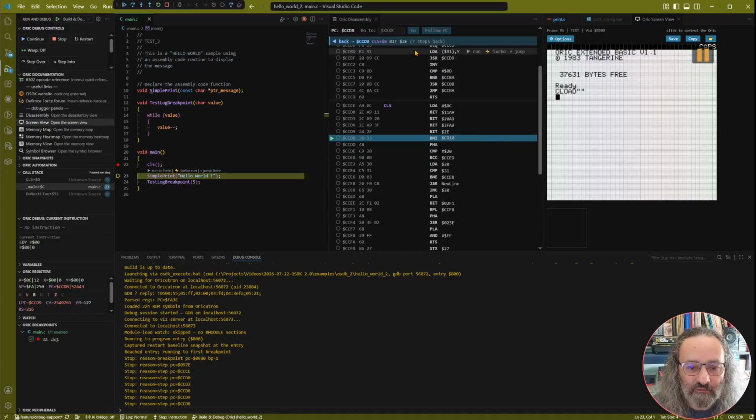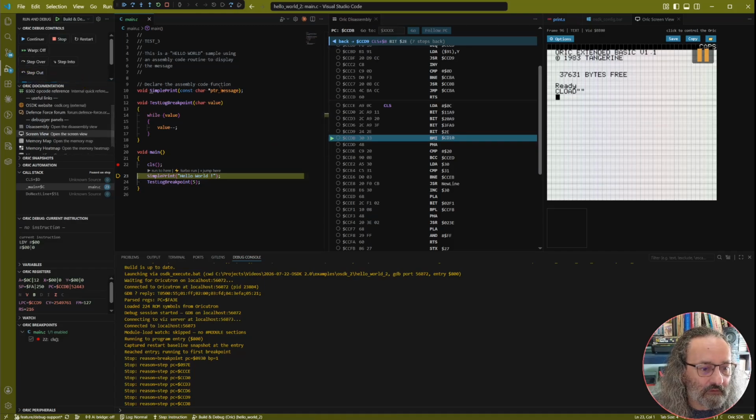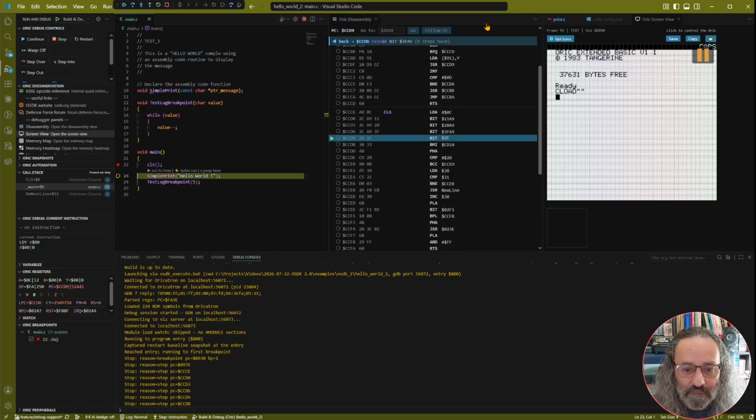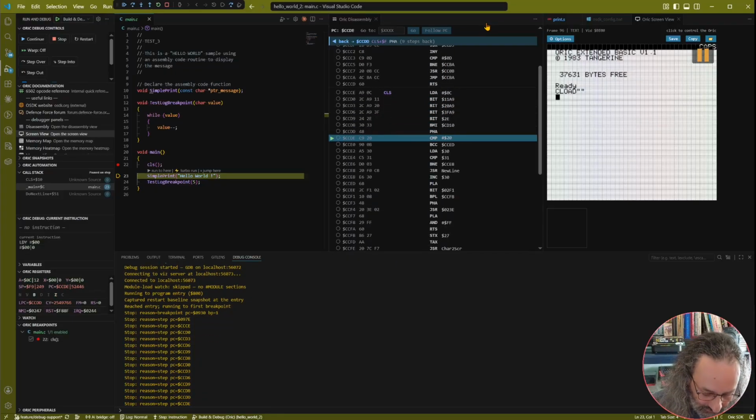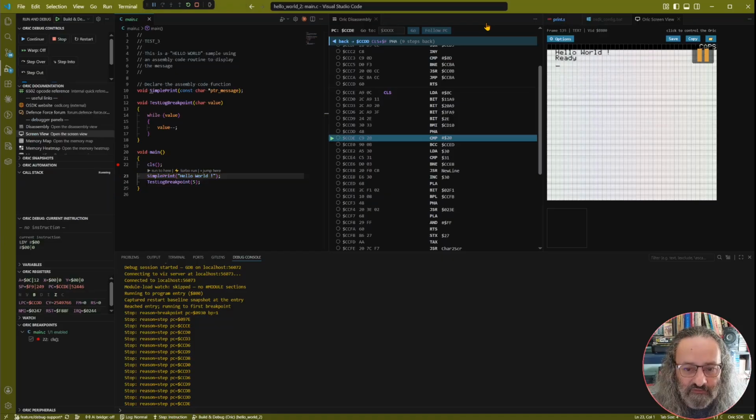And as you can see, there's also something cool here, which is step back. So what I can do is Shift F10. So I can reverse in memory. I can press Shift F11 to exit and go to the next